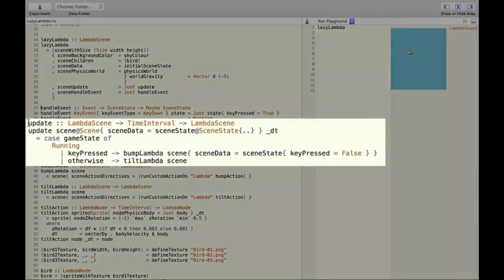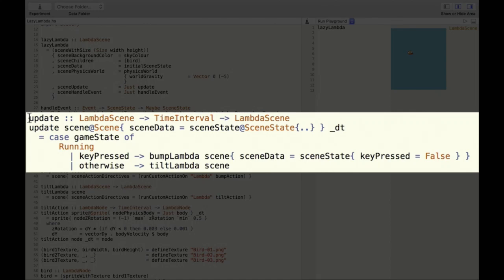And then in this update handler, this function which is executed 60 times a second in order to update the scene, as long as the game is still running, if a key was pressed, we call this function bump lambda. And bump lambda affects the physics properties of the bird